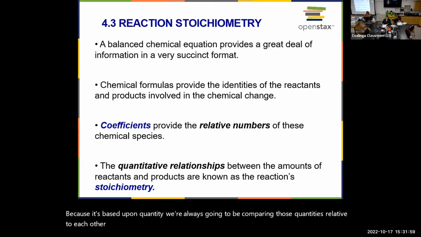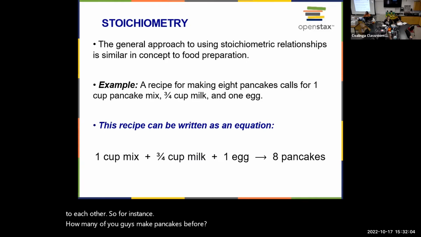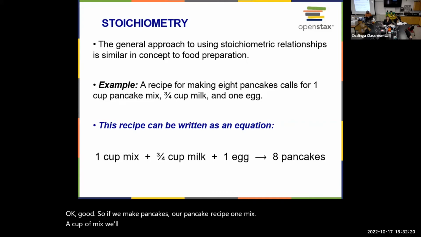So for instance, how many of you guys make pancakes? Good, okay, everybody's made pancakes. So here's our pancake recipe. One cup of mix plus 3/4 cup of milk plus 1 egg will make 8 pancakes. Okay, so if I know that 1 cup of mix makes 8 pancakes,